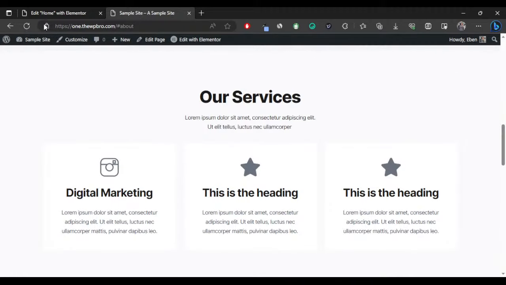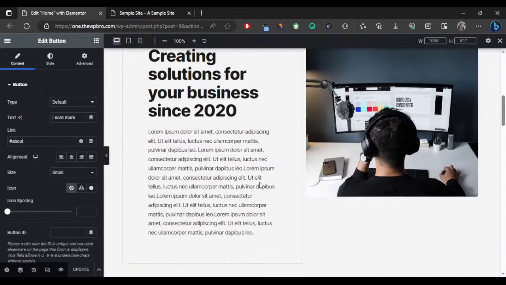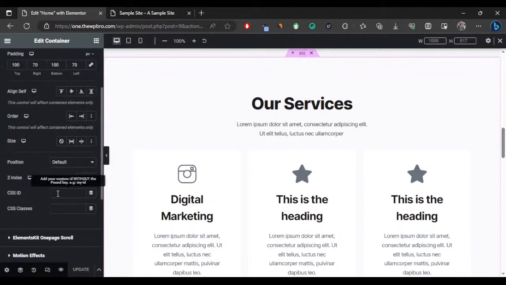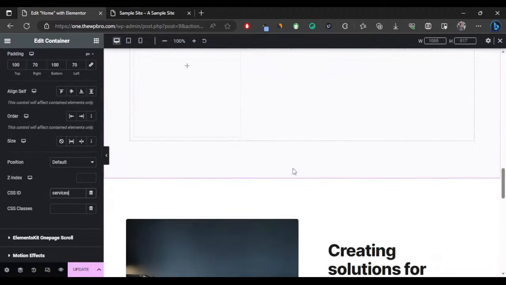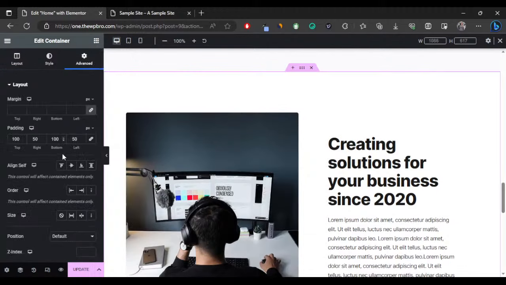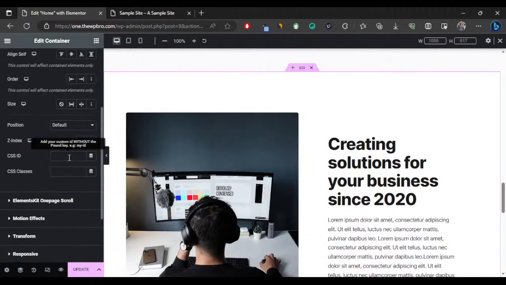This services section, let's just come to services. Let's select this edit container, and under CSS ID we're just going to put in services. Don't worry, we're going to make this functional very soon. Let's move on. Under this one, under advanced, we're going to put, let's just say,